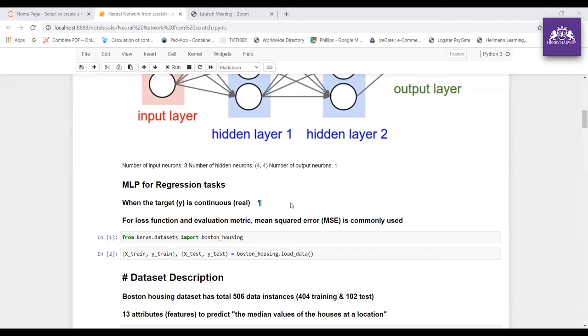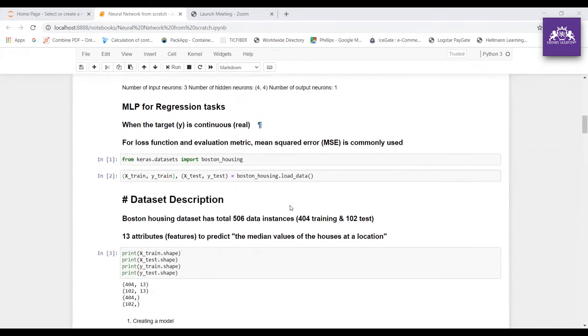In supervised learning, we discuss regression and classification. In a regression problem, the output is continuous. In a classification problem, the output is categorical data, right? So here for the loss function and evaluation metric, mean squared error is commonly used.